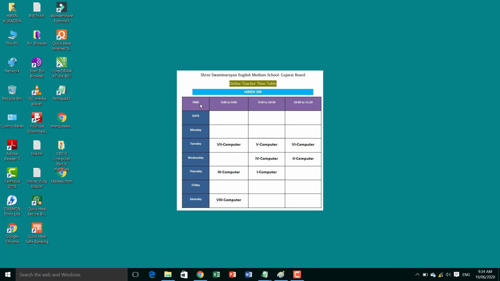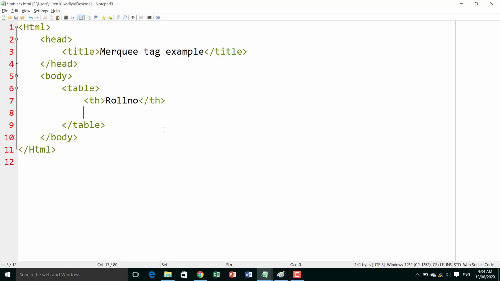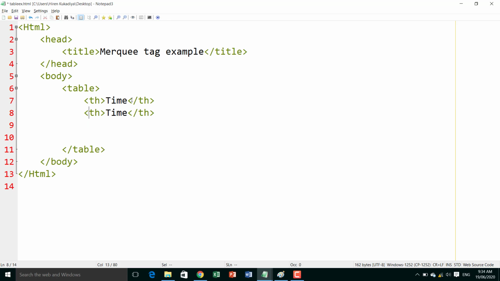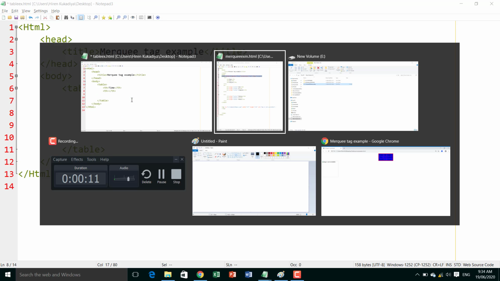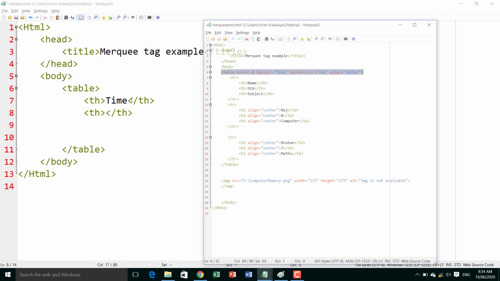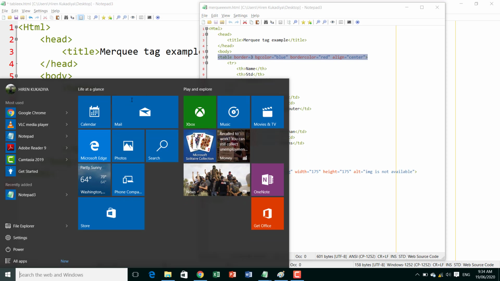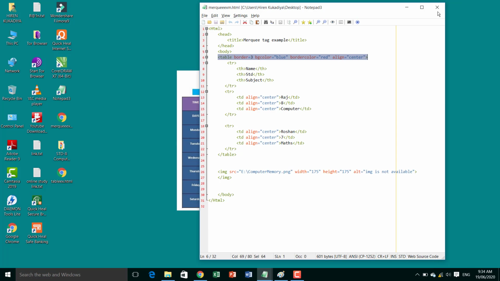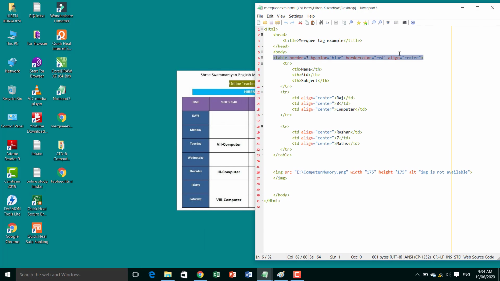Suppose this is the time. These are the times, so we will give here time only. Now the second, which is a timing hour: 9 to 9:40.